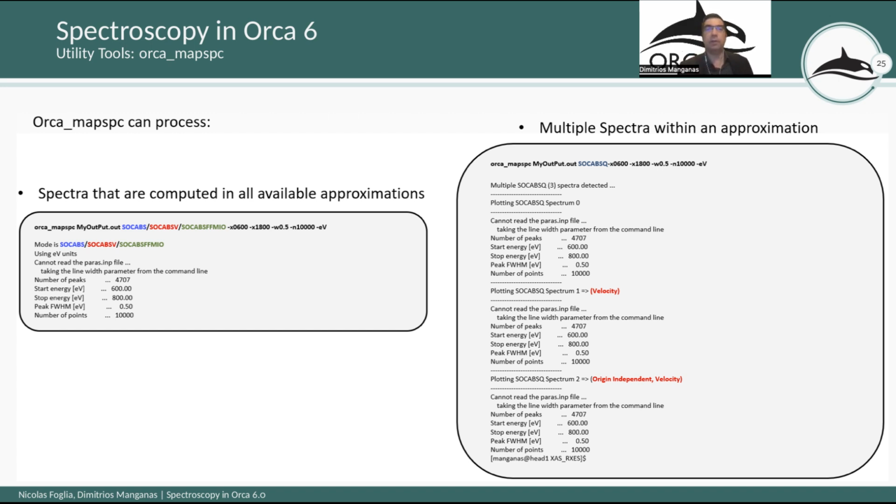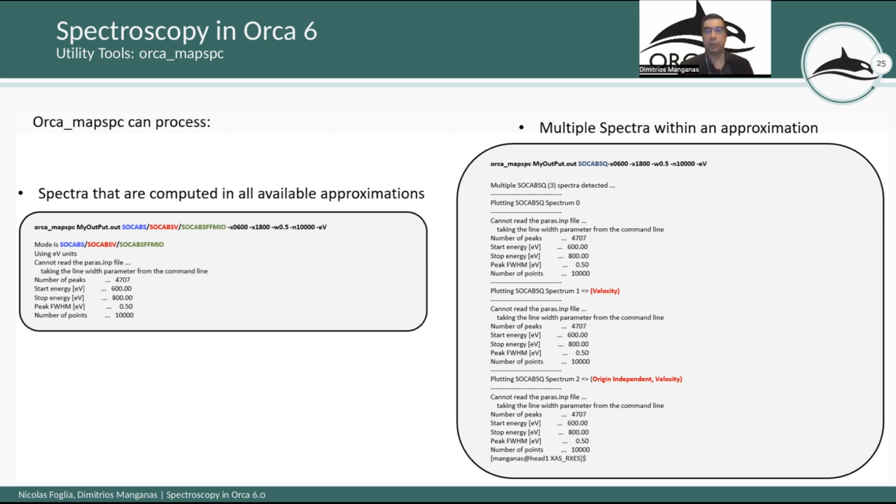That means, for example, when we compute a spectrum using combined electric dipole, magnetic dipole, and electric quadrupole contributions that are computed in length, velocity, or origin-independent velocity approximation,